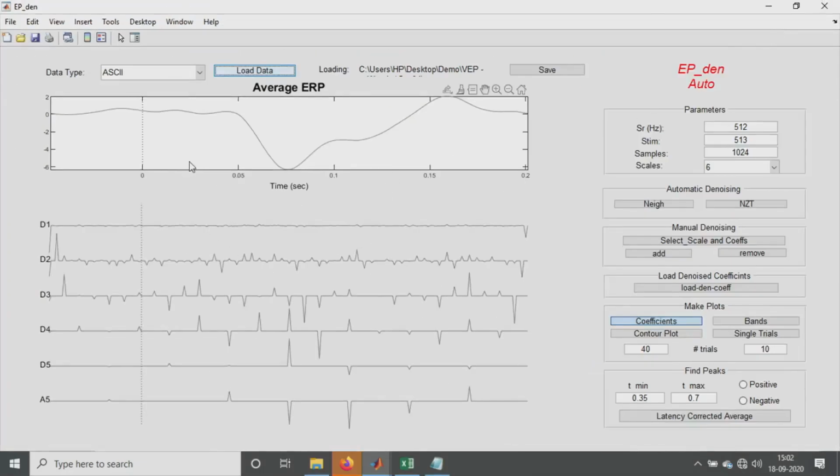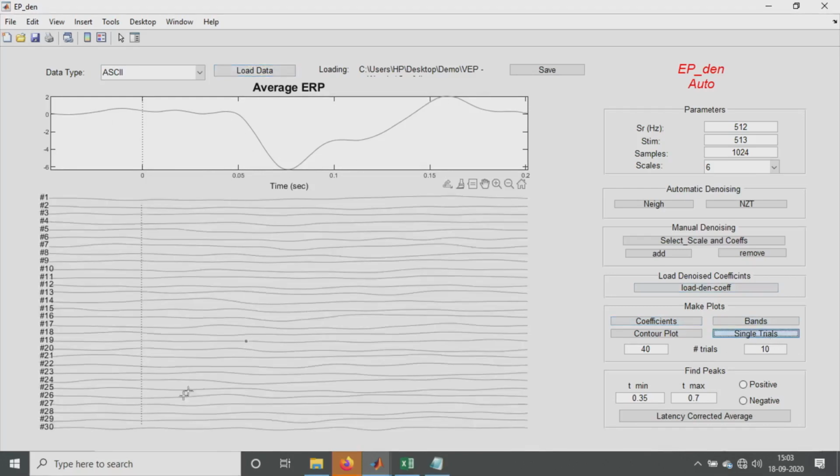So this is called wavelet. This is the wavelet software that is being used, and here we have the different wavelet coefficients, as I mentioned before. Each of these coefficients will move across all the ERP averages, and that will obtain this particular waveform in this format. Here these are the single trials. For each trial it looks in this manner. There are nearly 77 trials, so it looks like this. This is the contour plot that has been obtained for this.